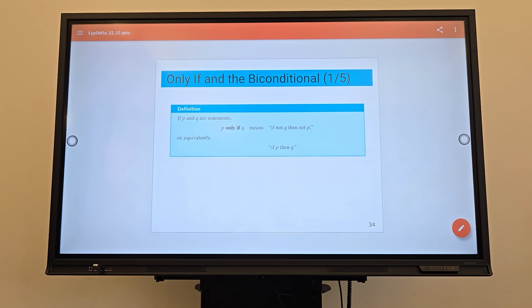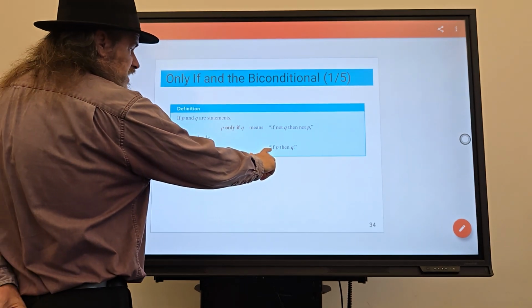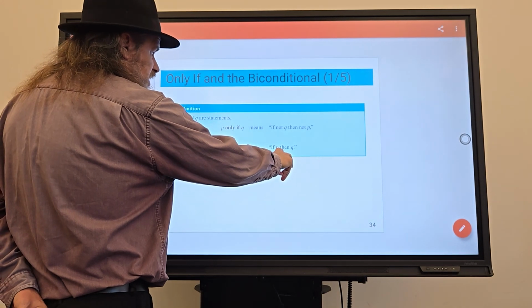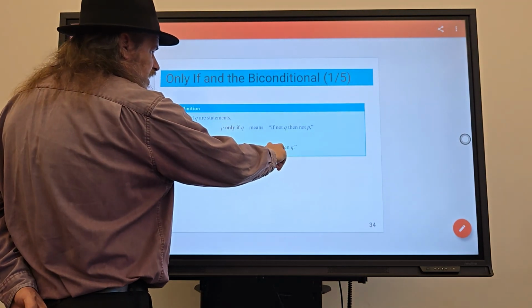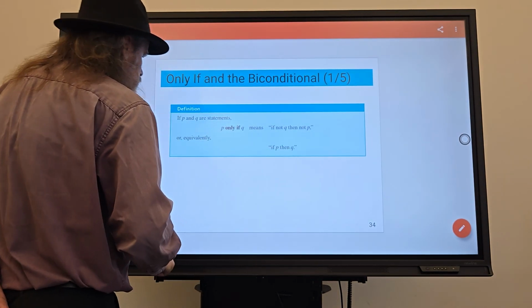I've been running into errors with these slides the more I get into the course. But this is supposed to be equivalently, if not Q, then not P. So,